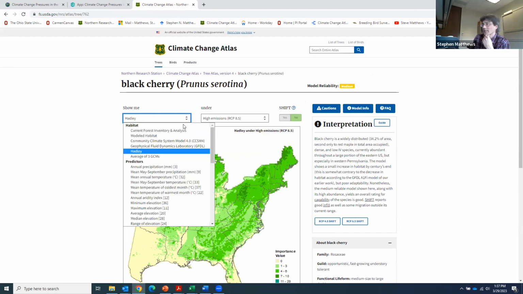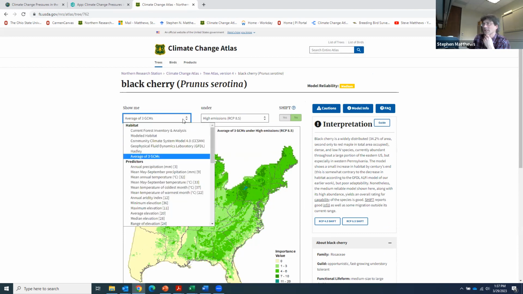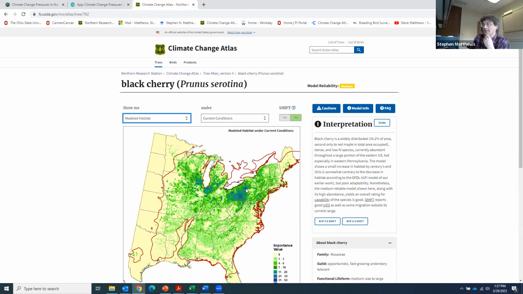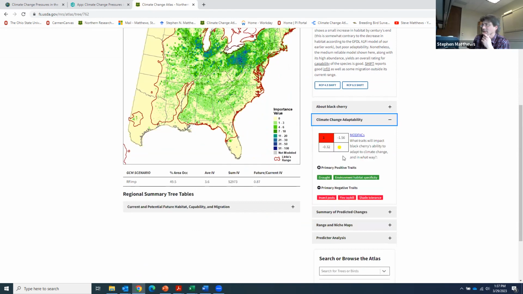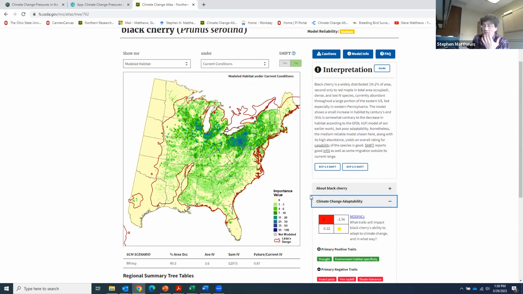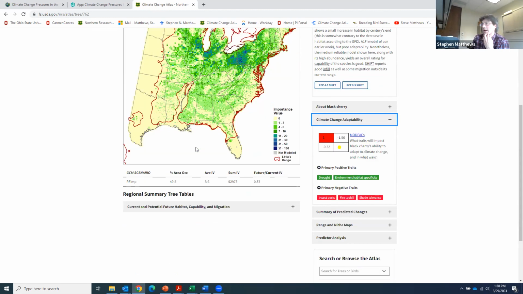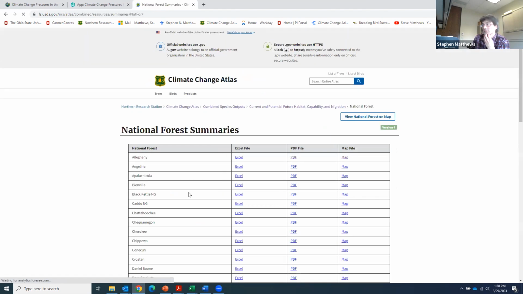Within those areas, Hadley, it's still there, right? We still have aspects of it, but it's not nearly as high an importance value. So that's that kind of decline in habitat. And then we think about the life history traits. Well, we know it has fire top kill, we know pests, and those other components contribute to that lower adaptability score. So it's really going back and forth between the regional summaries